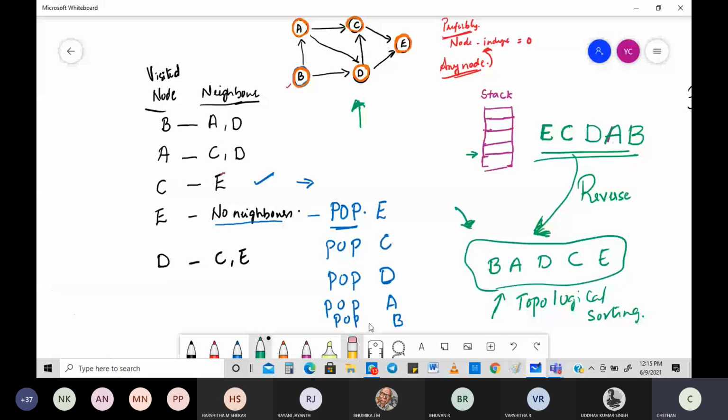So where can I go? I can go for 2, I can go for 0. It's my wish, I can choose whatever I want. That's why I say there can be more than one topological sort. Please keep that in mind. This is not unique. More than one topological sorting order can come through, because of the choices you make. Some people may choose 0, some may choose 2, and based on that the order may change. But after 5 you are not going to go for 3. That's not possible. You are either going for 2 or for 0.